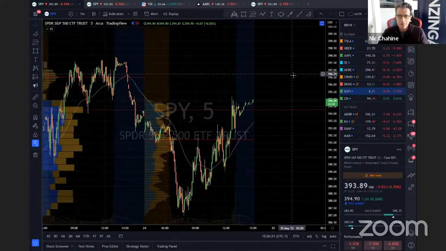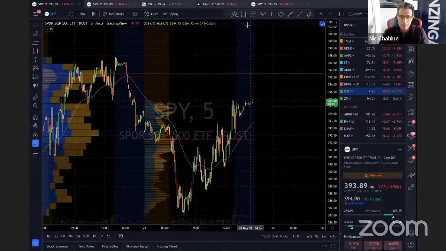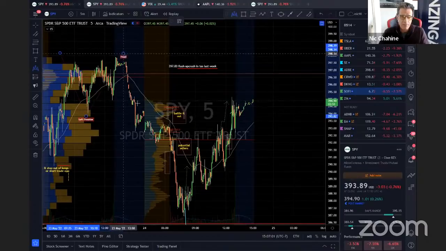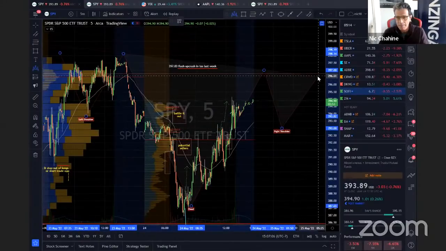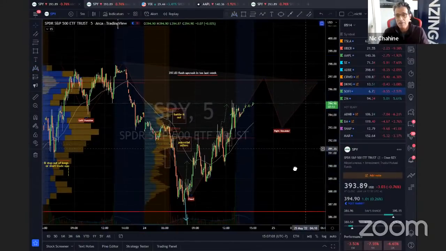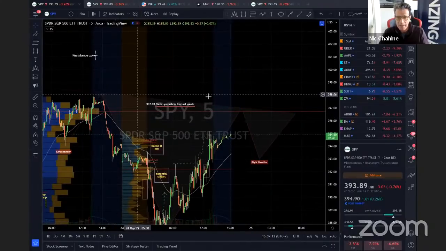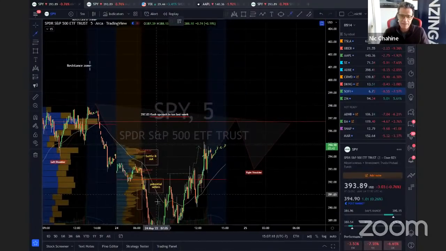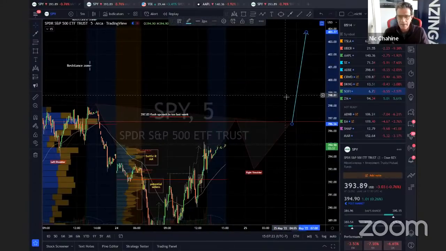What do they draw? What did we just draw? What did I just say? I just said an inverse head and shoulders of sorts. So I would have drawn this, and I said they drop a little bit, they find support, they come back here, boom, pattern done. Now if they get above this line, maybe above this line, you get confirmation. The machine will think, oh, pattern, let's see. Usually we go this big with the pattern, let's go. That becomes the target. Now you can take a long position against the logic that the machines may follow.